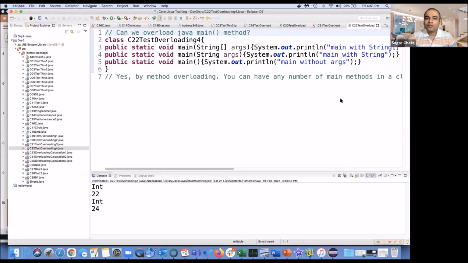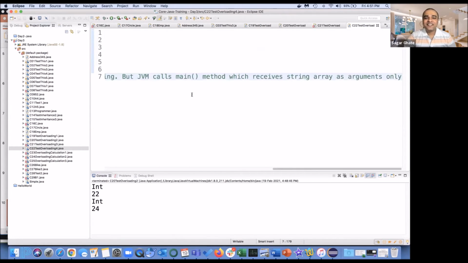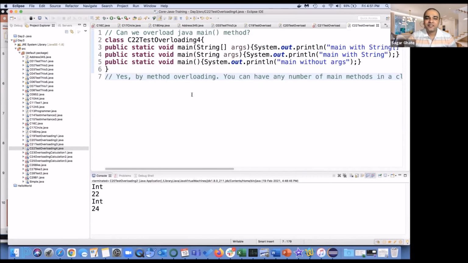Can we overload the Java main method? Oh, you can see the answer here itself. Sometimes people ask, can I have multiple main methods in a single class?